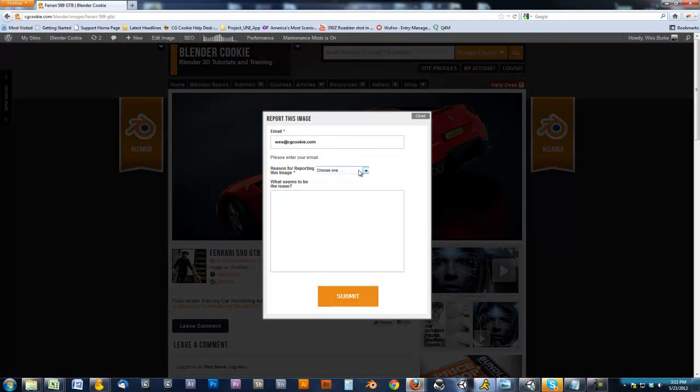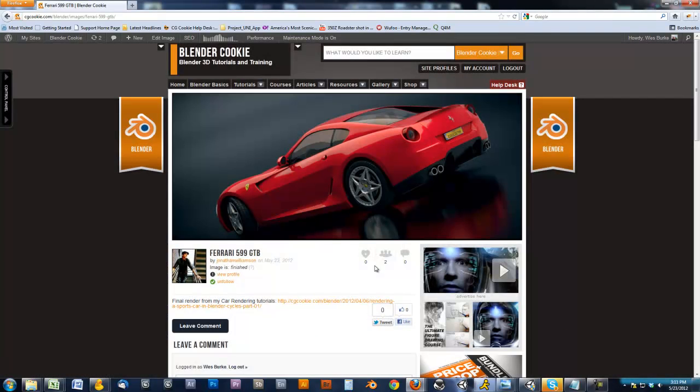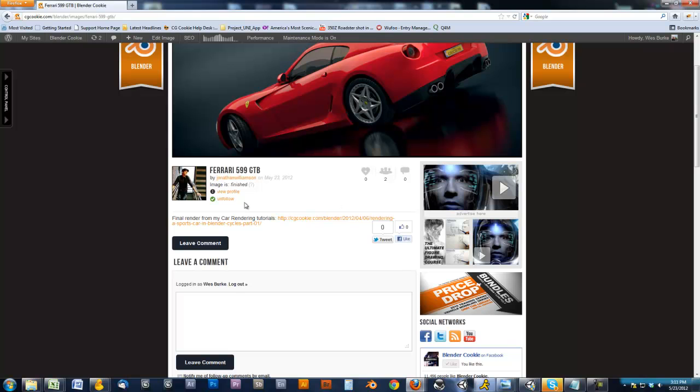So you can put your email, you can choose why. Is it broken? Is it a duplicate, inappropriate? Please tell us why. This helps us decide whether it should be removed from the gallery or not. Any details are helpful. Close this, and as you can see, we expanded the author section a little bit